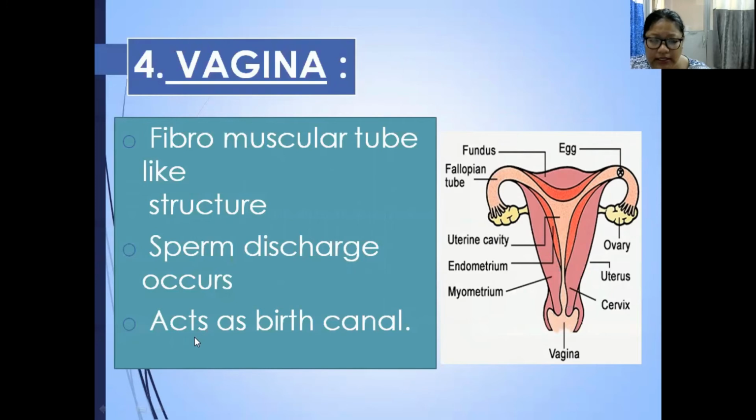And next is the vagina acts as birth canal. So what does it mean? That means the baby, you know that the baby remains in the womb for 9 months, and when the baby needs to be delivered,